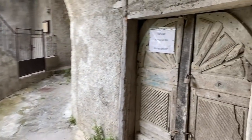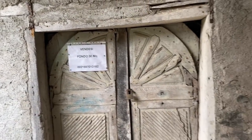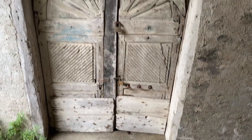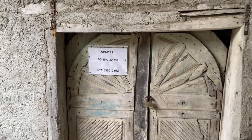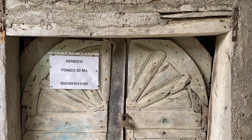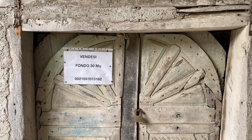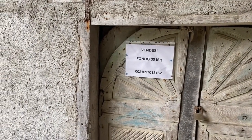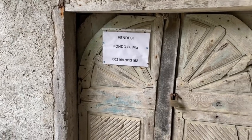Yeah, look at this amazing door. Obviously not an original door, recuperated from somewhere that had an arch and then was just cut down to size to use as a cellar door. A bit of a shame really, but if anyone wants a 30 square metre cellar with a free door, I presume,